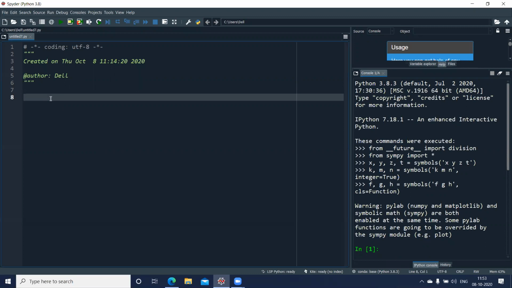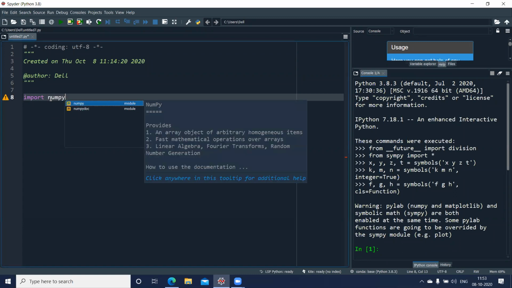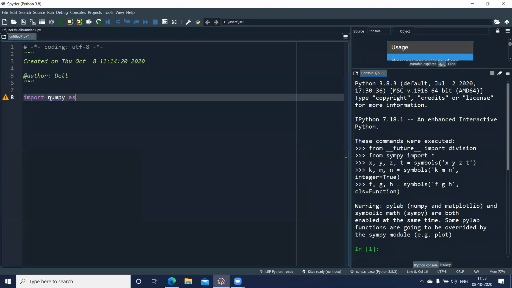To begin with, we'll import the NumPy package: import numpy as np.